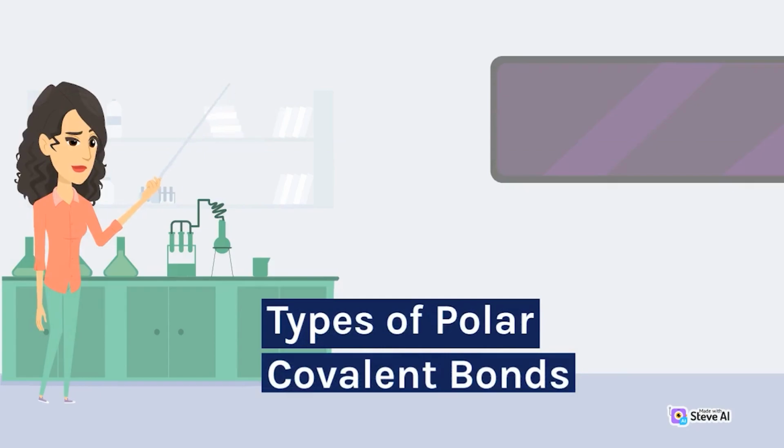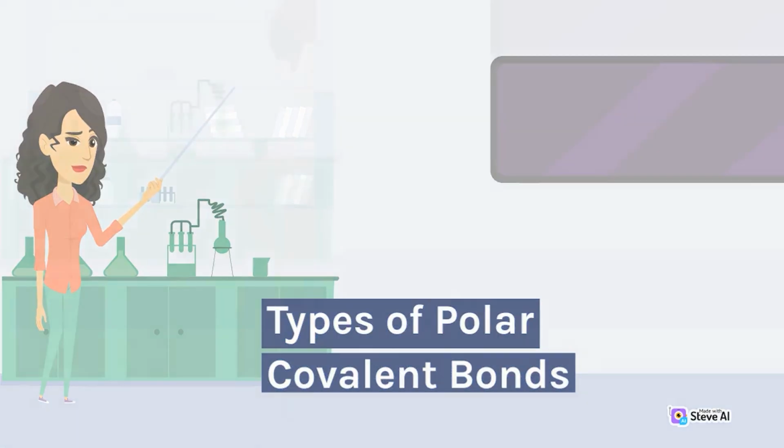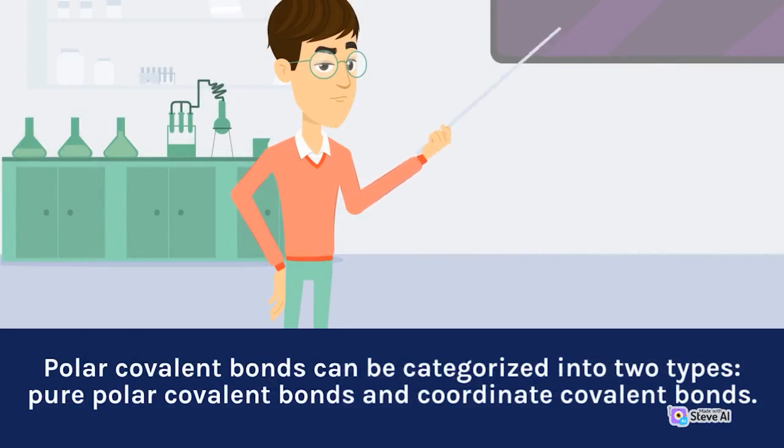Types of polar covalent bonds. Polar covalent bonds can be categorized into two types: